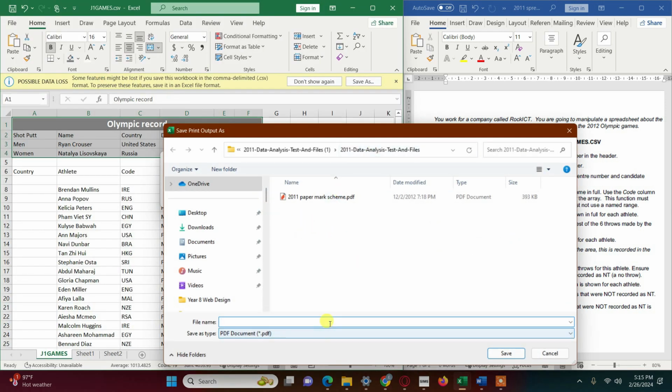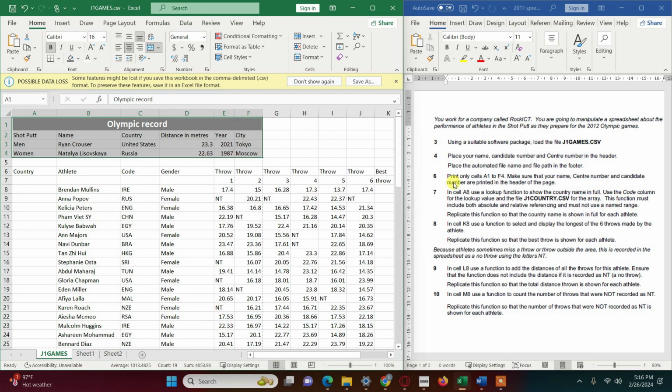Now I'm going to save this as printout 1, because this is my first printout. And then the next part of the question says in cell A8, so this is cell A8, okay, it says